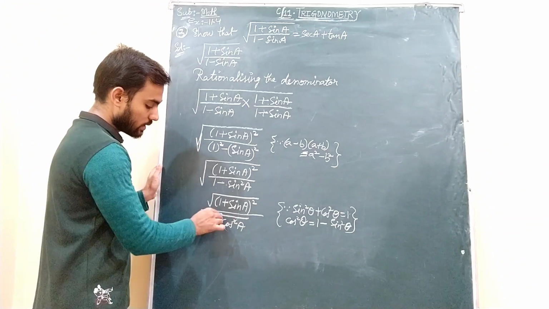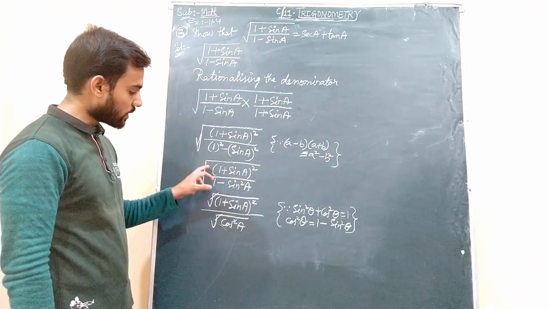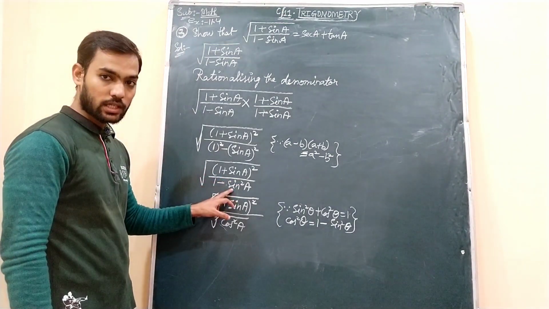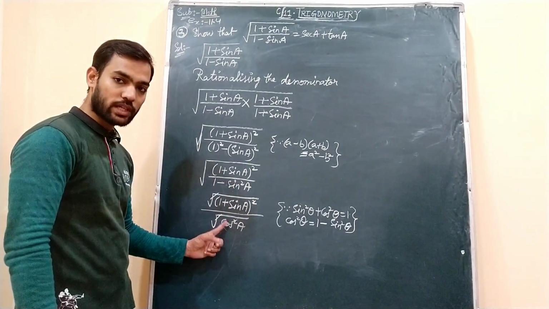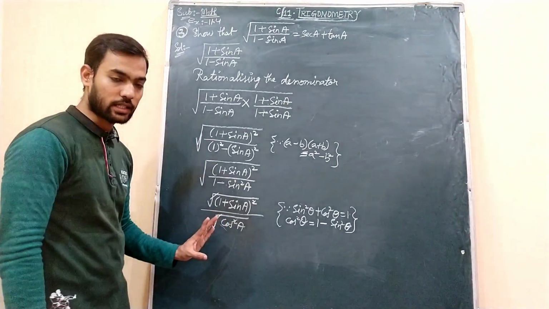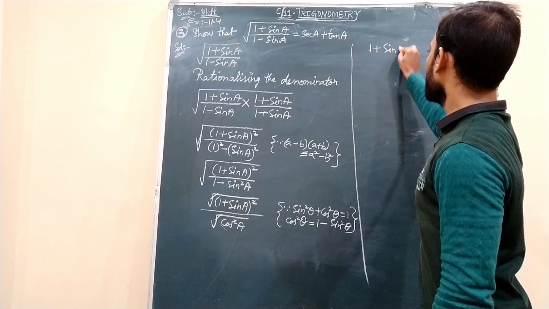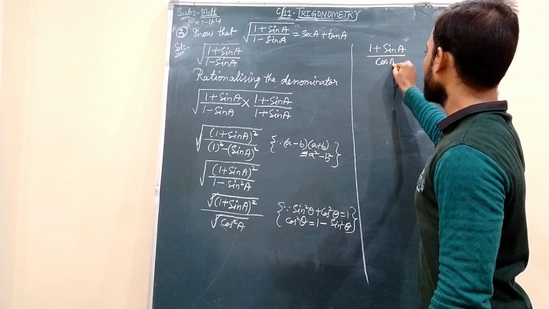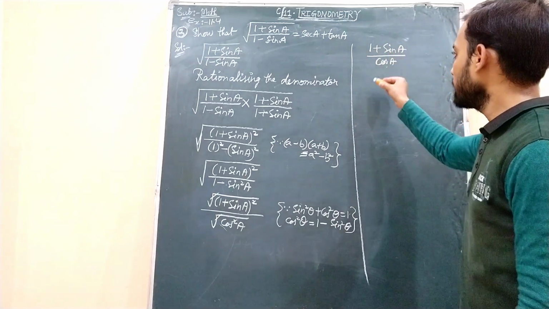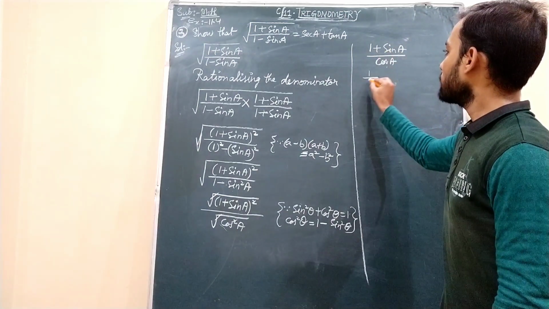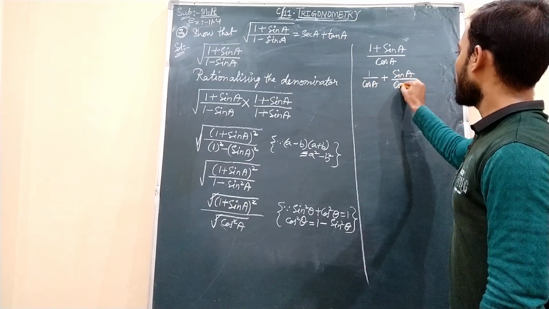Okay, this square and root get cancelled, and here also this square and root get cancelled. You cannot cancel this square and root because there are two terms over here. Here the whole square is there, that is the reason the square and root get cancelled, and this got replaced with cos square a. Now we are having in the numerator 1 plus sine a upon cos a. This cos a is the denominator, which means it is the LCM of both the numerators, right? So separating this cos a with both, 1 by cos a plus sine a by cos a.